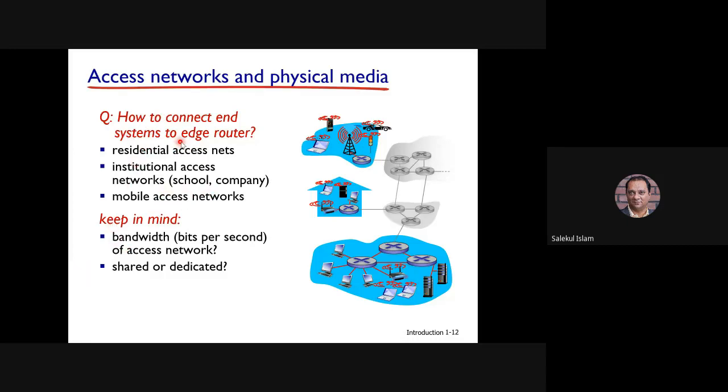And one important characteristic of this connection is bandwidth. So keep in mind, bandwidth বলতে আমরা বলতে চাইছি কি বিটস পার সেকেন্ড অফ অ্যাক্সেস নেটওয়ার্ক। আমরা আমাদের এই অ্যাক্সেস নেটওয়ার্কের ব্যান্ডউইথ বলতে যেটা বুঝি, সেটা বুঝিয়েছি গিয়ে বিটস পার সেকেন্ড ফর অ্যাক্সেস নেটওয়ার্ক। Now sometimes this bandwidth is shared, sometimes this is dedicated. Shared means when more than one end host is using the same bandwidth, তখন সেটাকে আমরা বলি শেয়ার্ড। আর ডেডিকেটেড মানে হচ্ছে যখন এটা শুধুমাত্র তুমি ইউজ করতেছো।